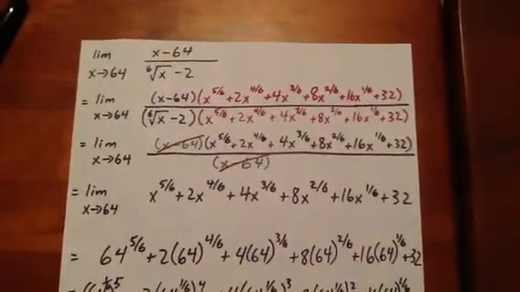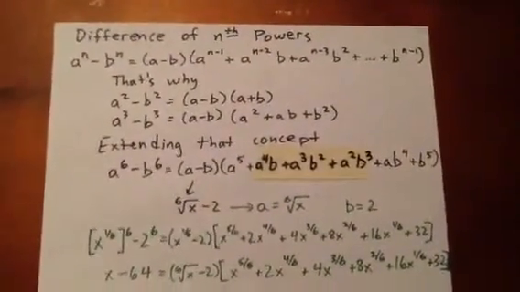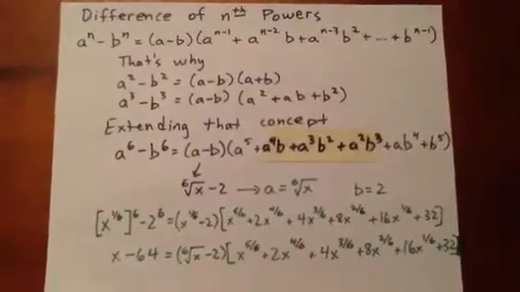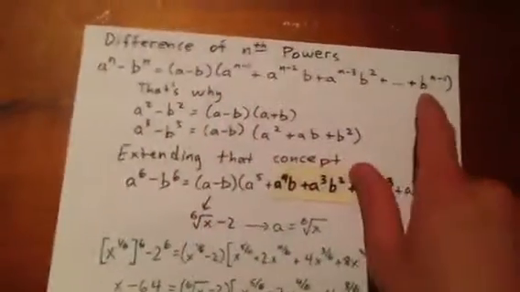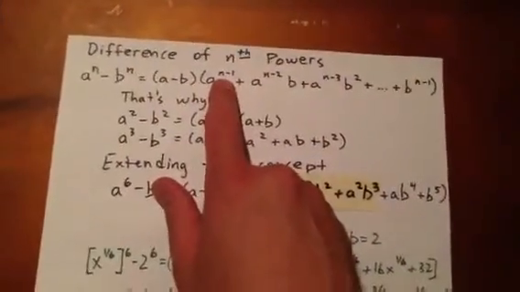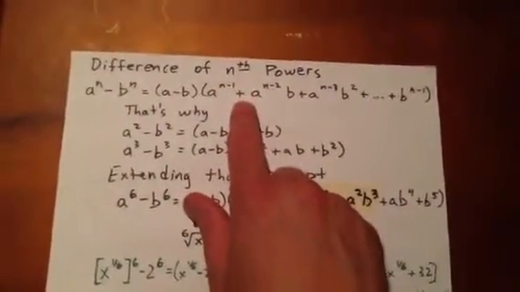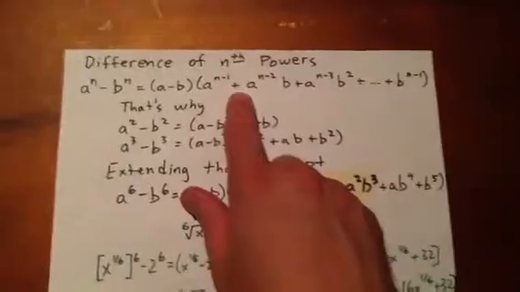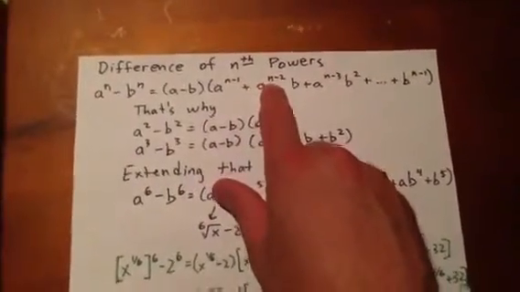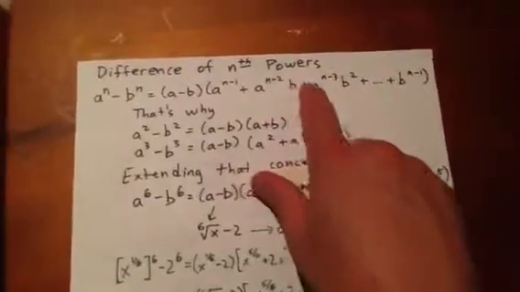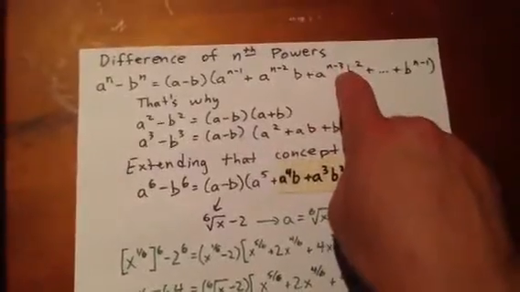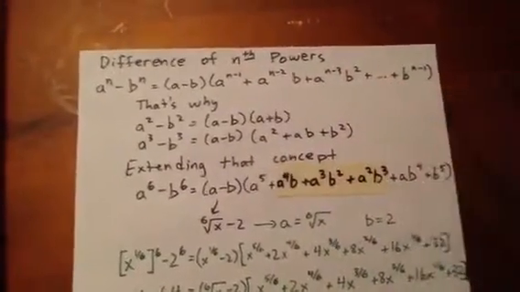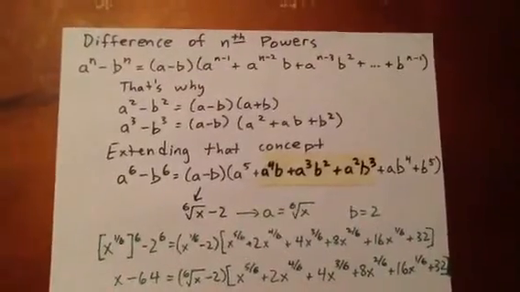know the difference of nth powers more generally. Factoring by the difference of nth powers is as follows. a to the n minus b to the n is equal to a minus b times a second factor. You subtract 1 from n, and then you use that as the exponent on a. And then in your second term, you subtract another 1 from that number and add a factor of b. And for your third term, you subtract 1 from the exponent on a and add another 1 to the exponent